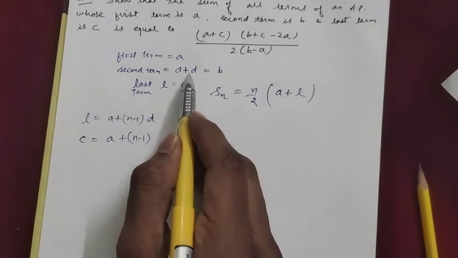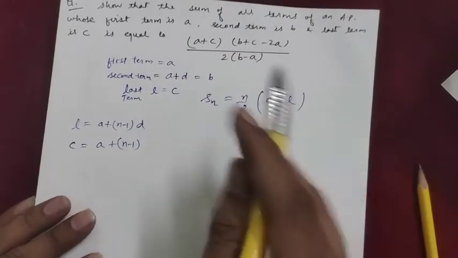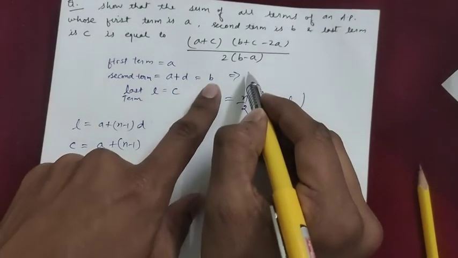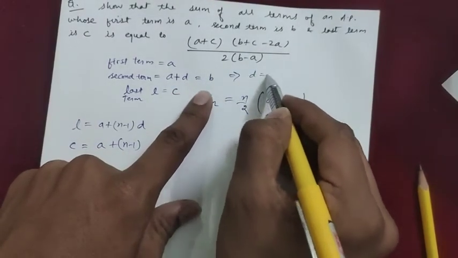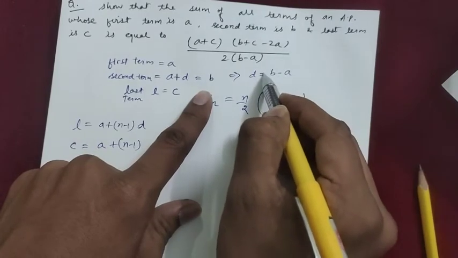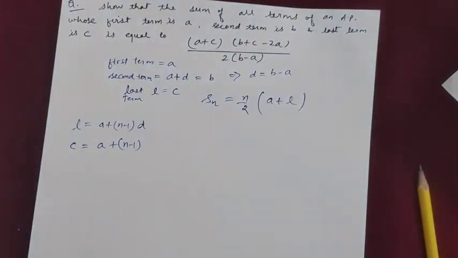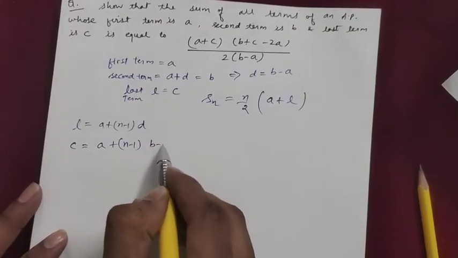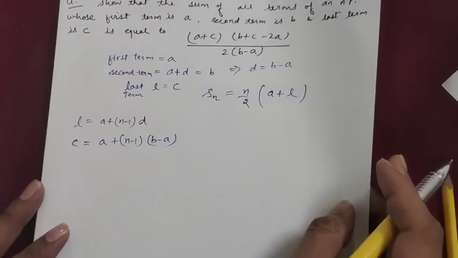D we can actually find from here. So if A plus D is equal to B, so D is what? B minus A. D is B minus A, and we all know that the common difference for an AP is the second term minus the first term. So B minus A is here. So we can write B minus A here. Now